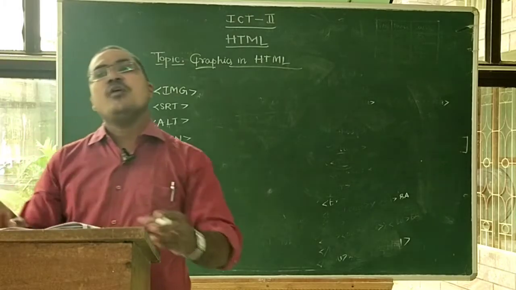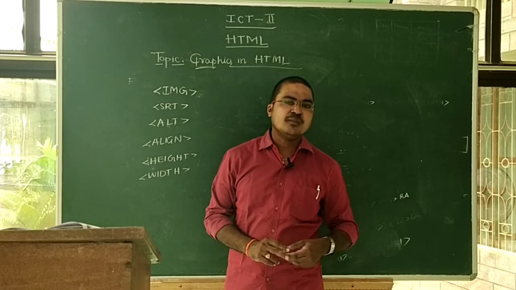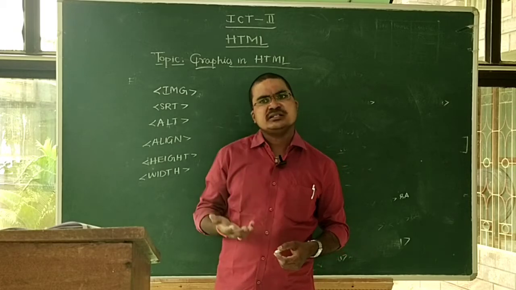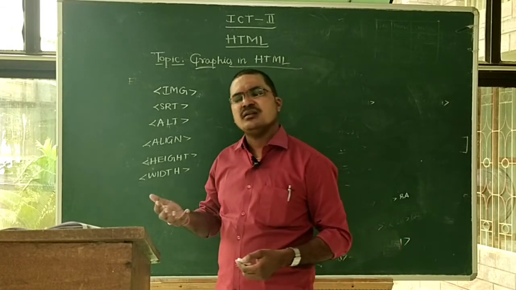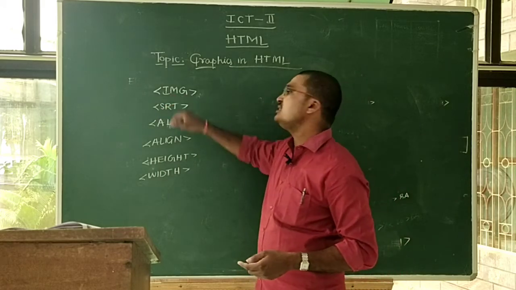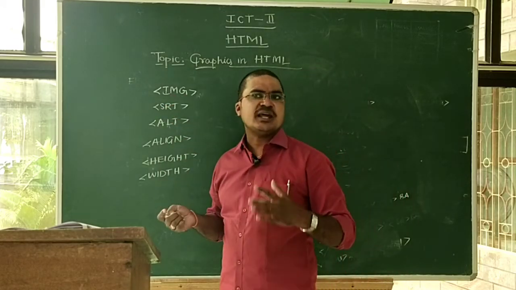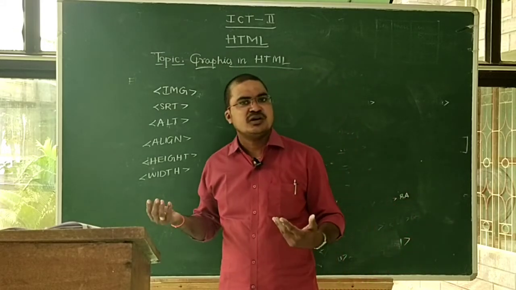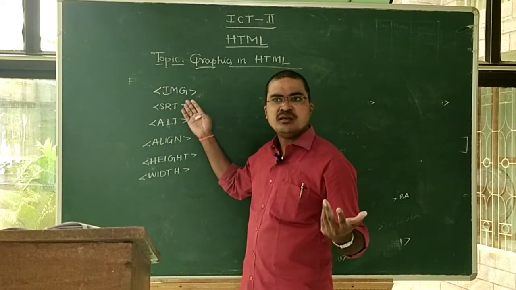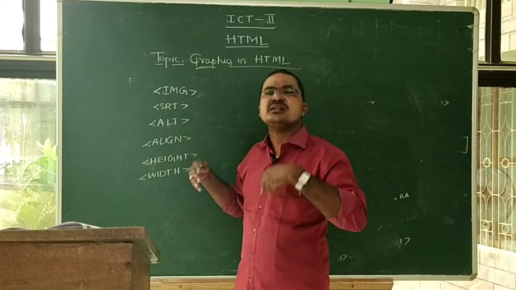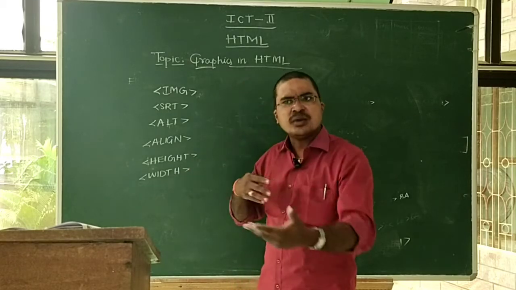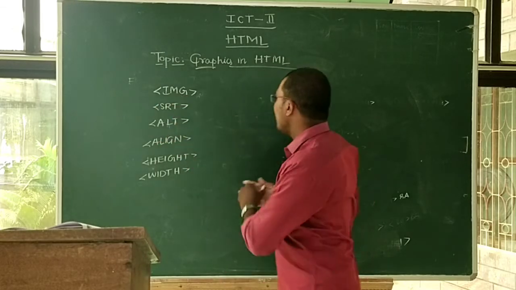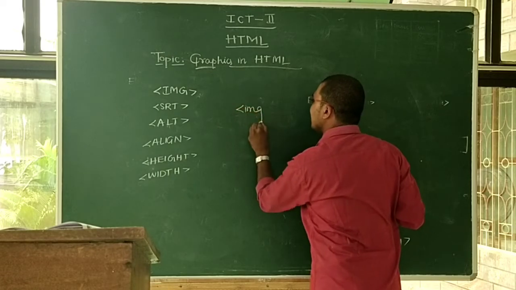If you want to arrange a table in HTML programming, we use the tag called the table tag. So now this is the time to insert an image in a web page. First we use the img tag. If you use the img tag, then the program understands that the user can insert an image into a web page. Whatever particular action we want to do in a web page, we use the proper tag. That's why we use the img tag very first.